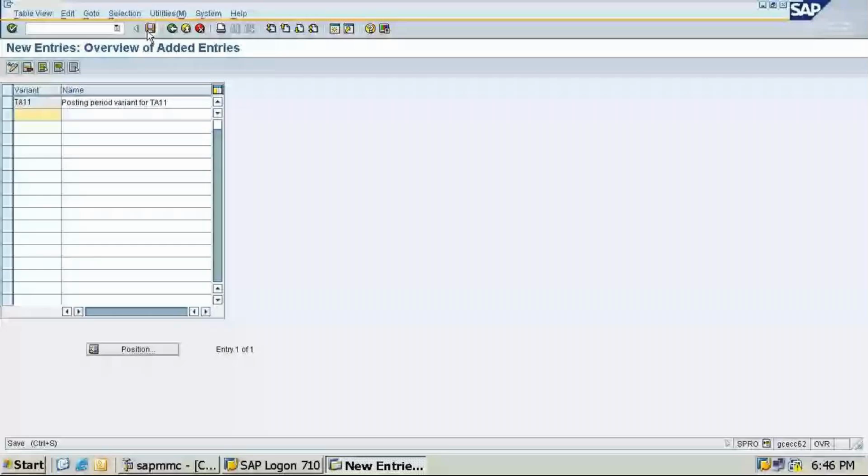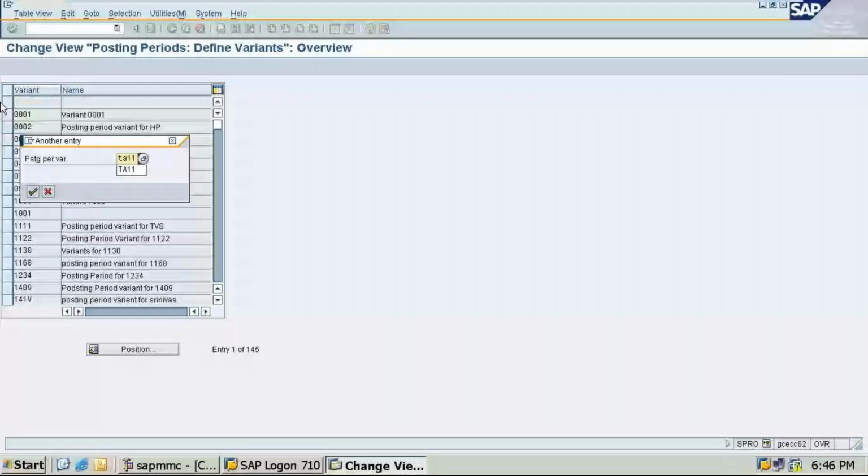TA11, click on this tick mark. Now we have created this. After this, we have to open and close posting periods. I have not started open and close posting periods, so I am going to do it today.